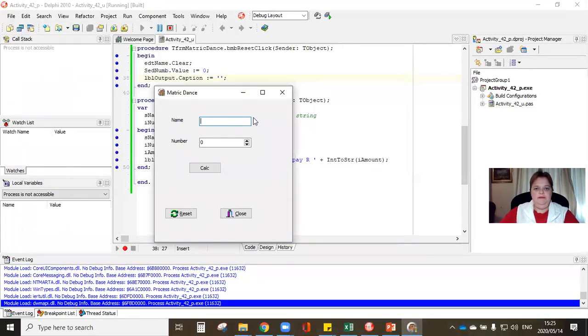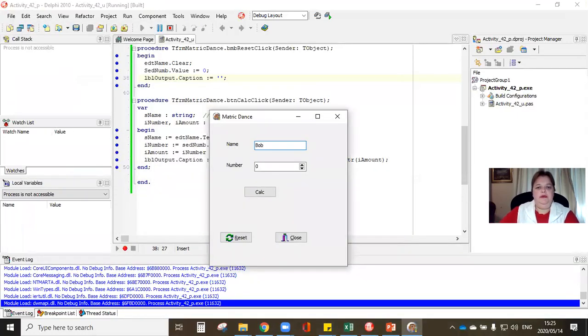Okay, there's my program. And we're going to use the name Bob. Bob is only buying 2 tickets. Okay. And he's going to calculate and says, Bob, you need to pay 10 Rand. And Bob's friend Frank is going to come along and he also wants to buy. So we click reset. Do you see that it has cleared my edit? It has reset my spin edit to 0 and my label is empty. It looks as if it has disappeared. And then simply I would then enter the next name, choose the amount of tickets, calculate, it will display and